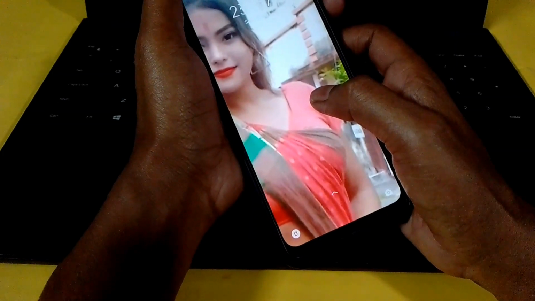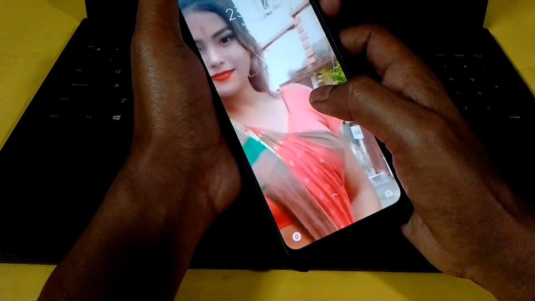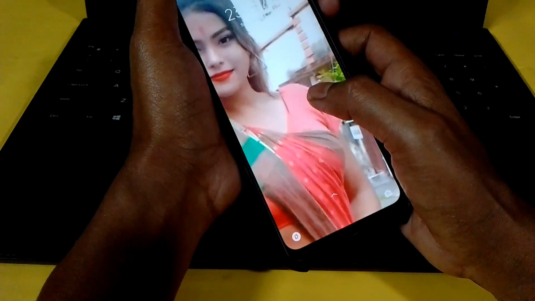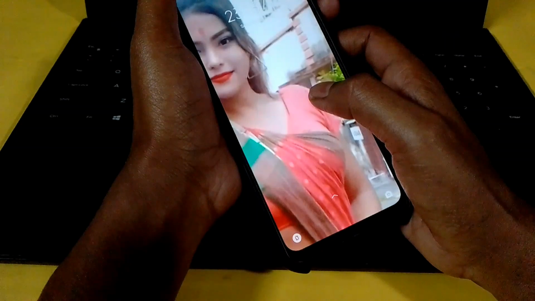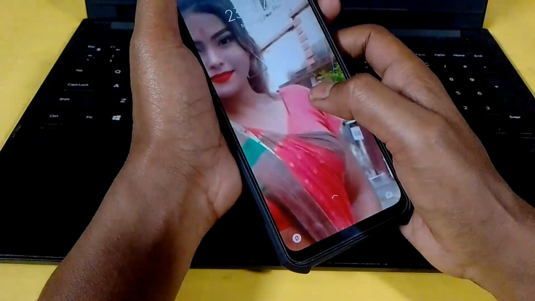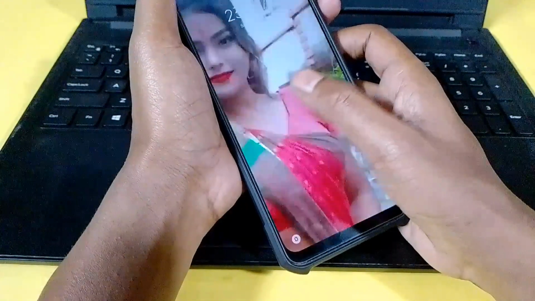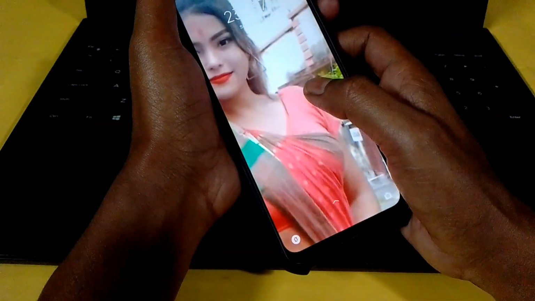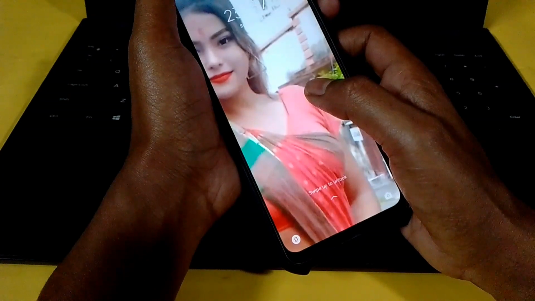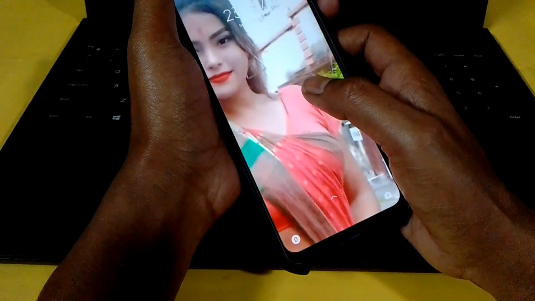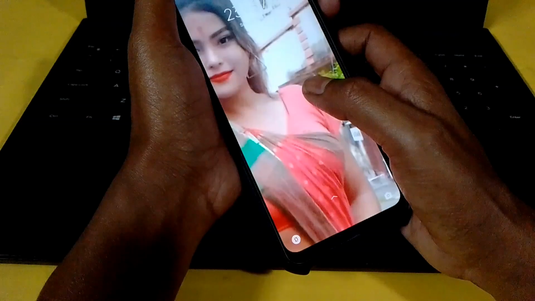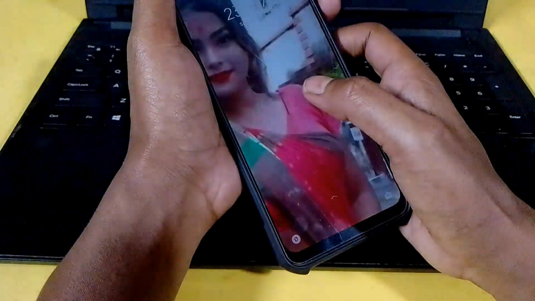Definitely, you can see this phone is locked due to a forgotten pattern lock, and somebody has locked this phone and forgotten its password. You may also use this method to unlock your smartphone, but this method is known as the offline unlocking method. So firstly, you will have to switch off the phone.